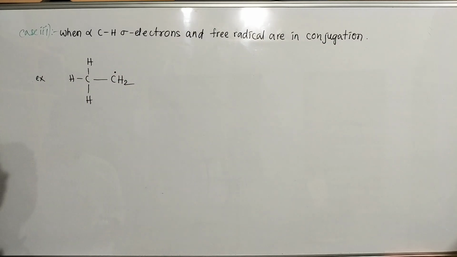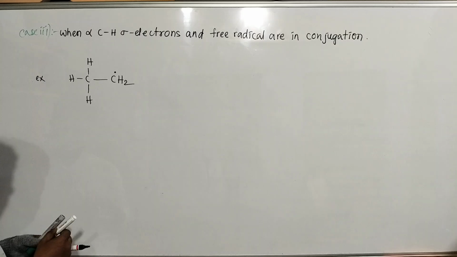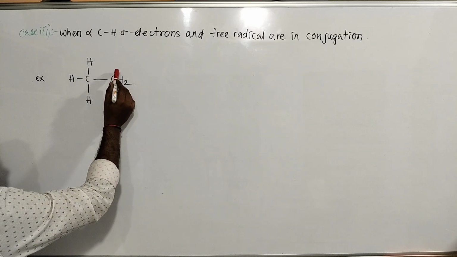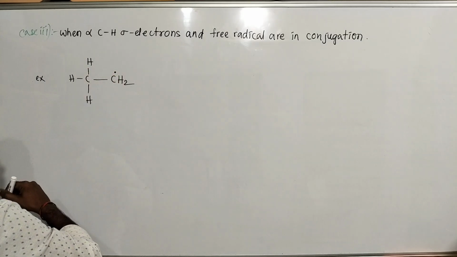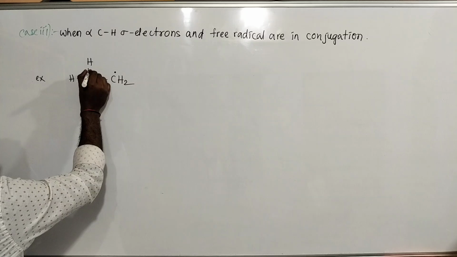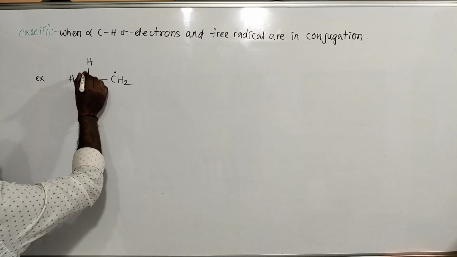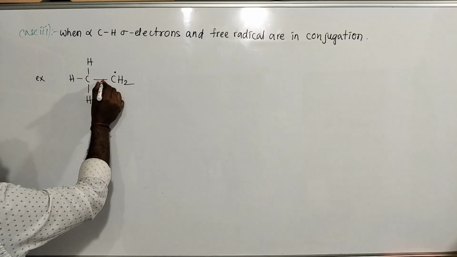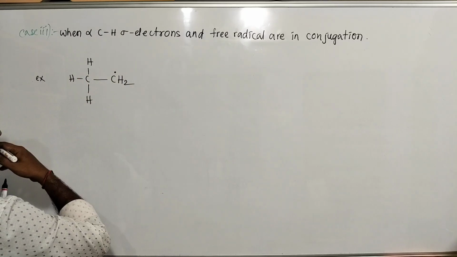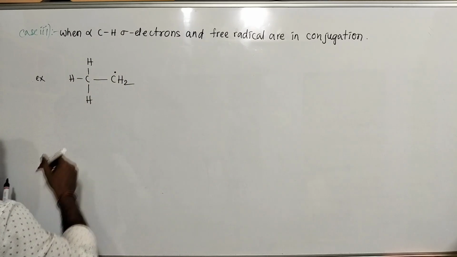Then it gives what? Just like a positive charge, here free radical. The sigma electron of alpha carbon, any one of these 3 sigma and free radical are in conjugation. Then